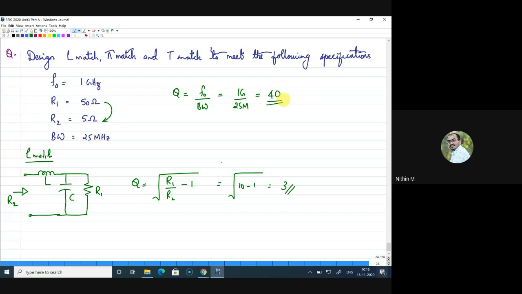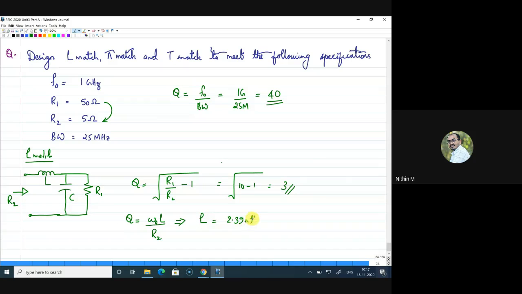But still we'll arrive at the component values. This is one of the drawbacks I was stating yesterday, because the impedance transformation ratio will directly determine your Q factor. The requirement is 40 and what we are having is 3, so there is a large difference. But still, with the available Q of 3, if I go ahead and find the value of omega naught L by R in, which is R2, this will give you the value of L as